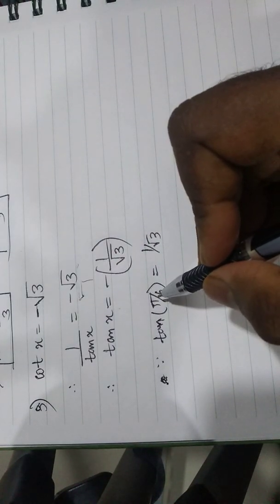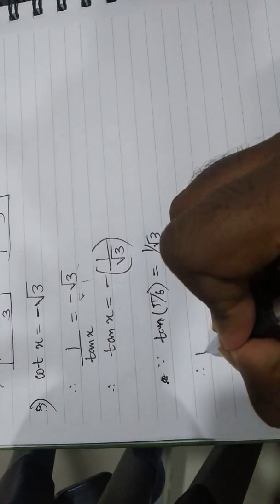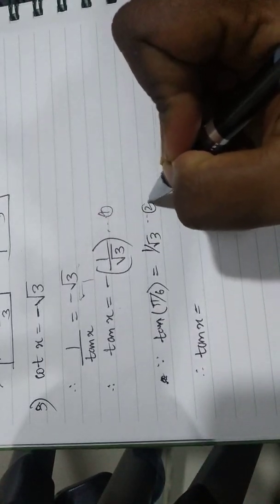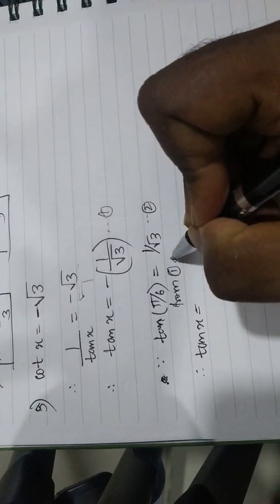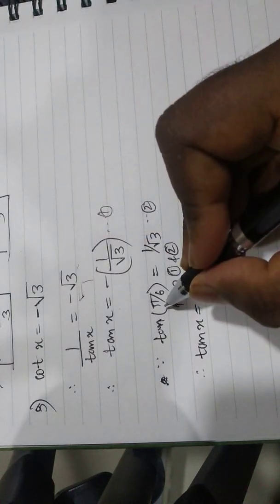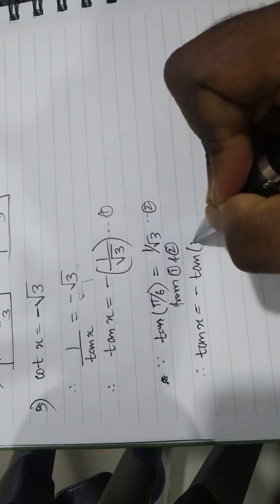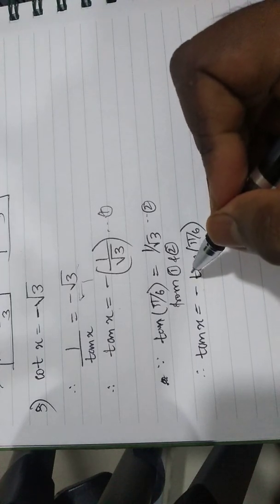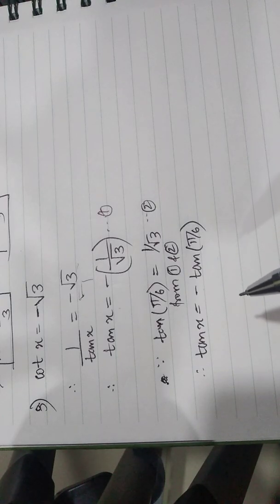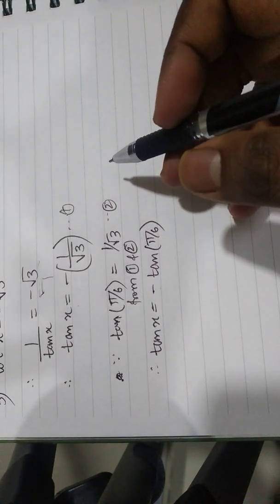Okay, now I can just simply substitute this value which is there in the bracket with this value. Okay, so therefore I can write tan x will be equal to, I'll call this as 1, I'll call this as 2. Some people who have that obsessive compulsive disorder of writing numbers, they'll write it. So from 1 and 2, I can simply say that tan x is equal to minus tan pi by 6. Okay, so again we need to find the value of x. We won't really get it because you have a negative sign here. Okay, so bring in allied angle straight away. So when will I get minus tan pi by 6?